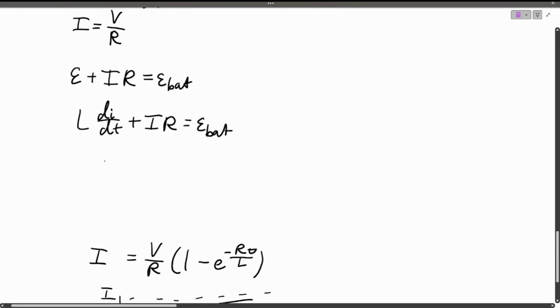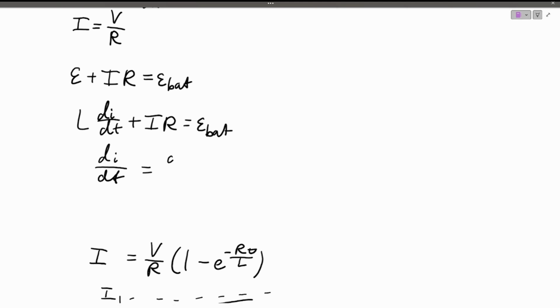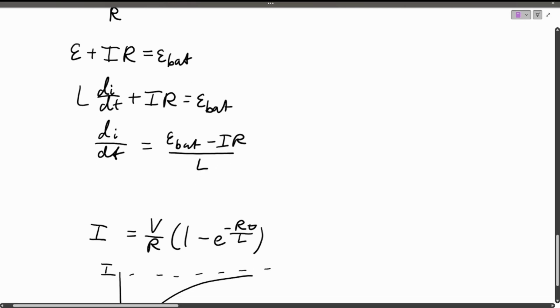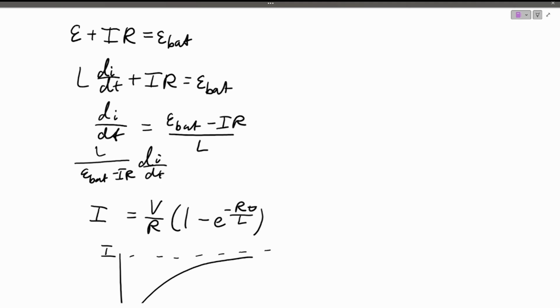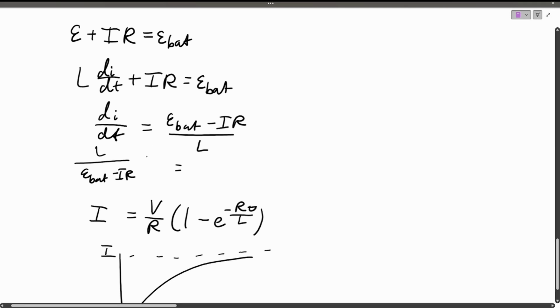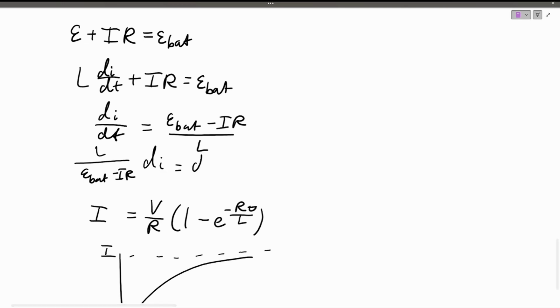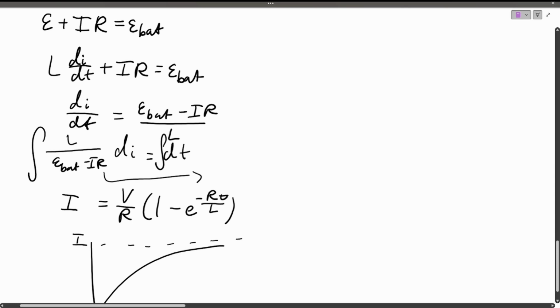Alright, so then, I suppose, I still need that. I is equal to E battery minus IR over L, and then we'll rearrange. dt. Integral, yes. And then we will end up with